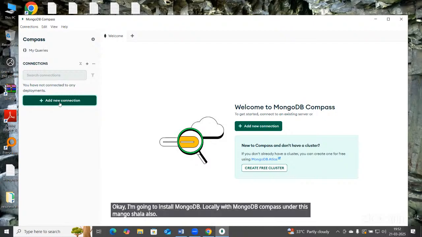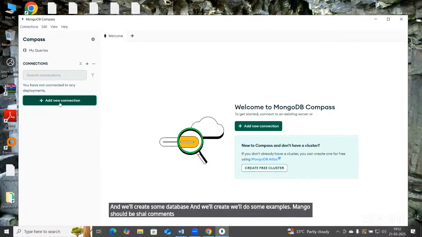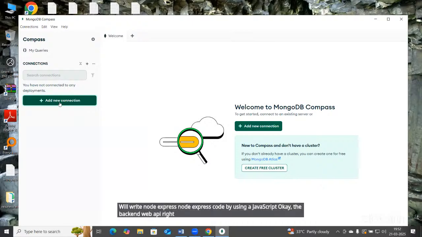and we will create some database and do some example MongoDB shell commands, and after that, we'll write Node Express code by using JavaScript, the backend web API, which can be consumed with the front end React or maybe Angular, whatever it is. So we are going to write that backend web API with